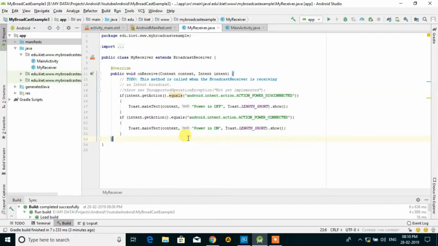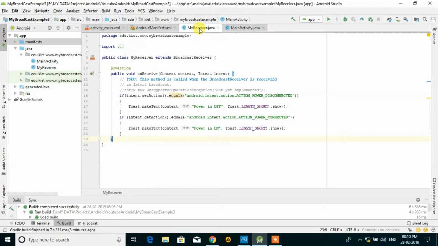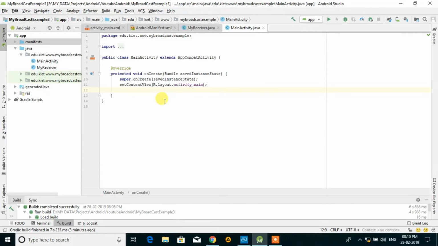But after Oreo, it is compulsory to write some code in the MainActivity.java file also. Before Oreo, this code is complete, you can fire the event. But if you are using Oreo or higher, such as Pie, then you have to write this kind of code also. What code?